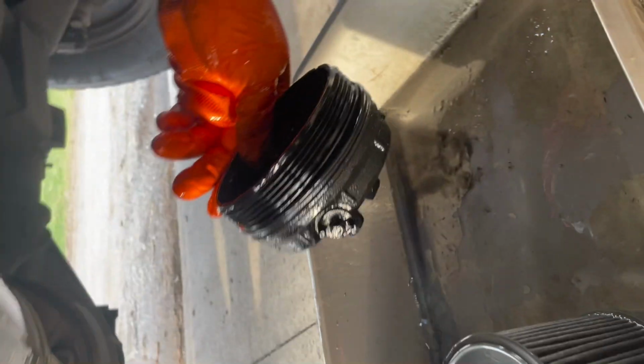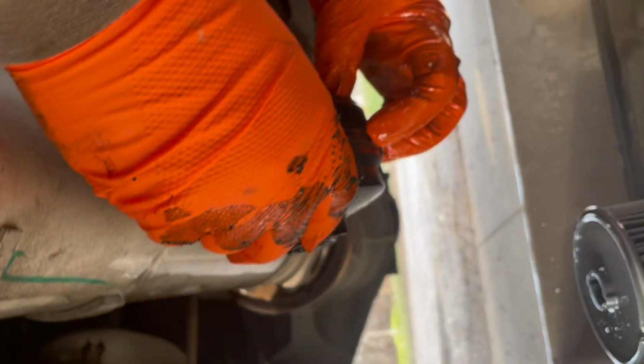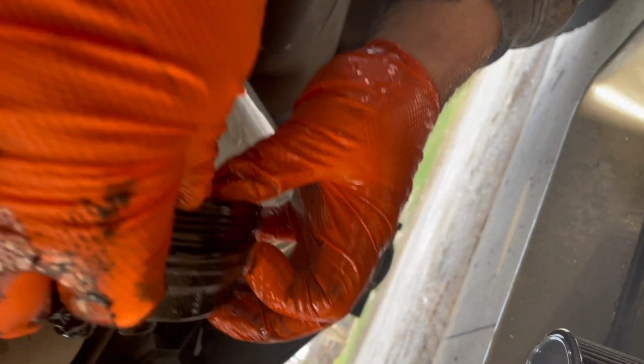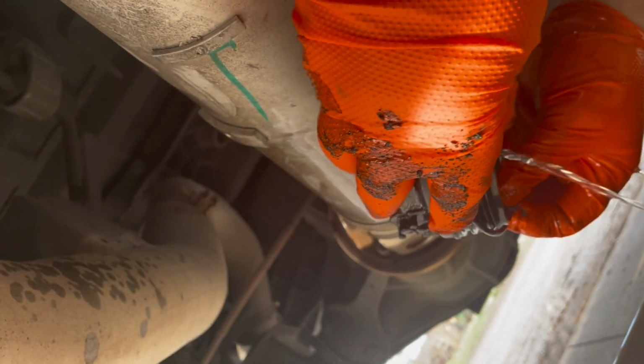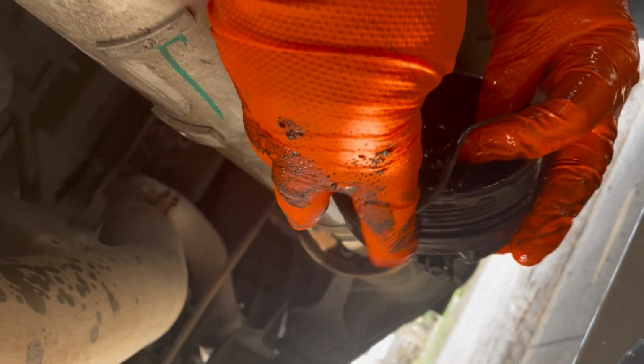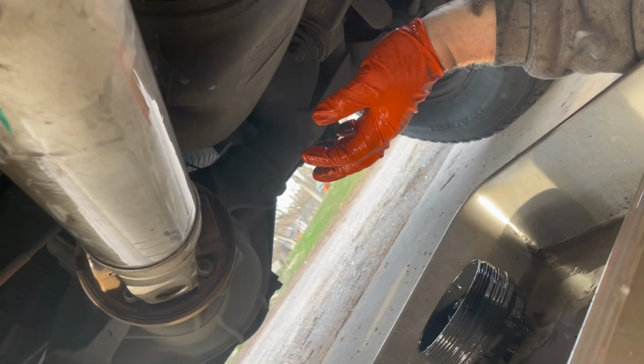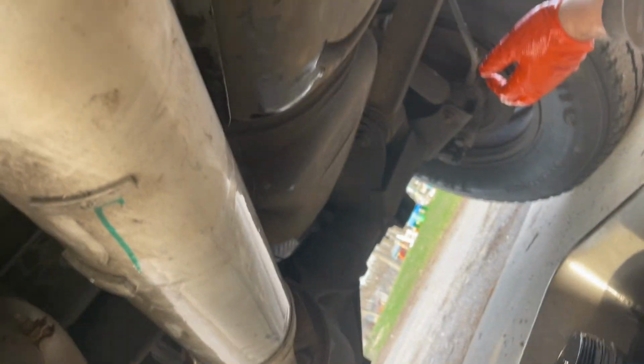So there's an O-ring on the bottom of the cap here that has to be changed. I can't really see it. My head's in the way? Hand. Oh, let's see it there. This is the O-ring we have to change. The new filter comes with a...